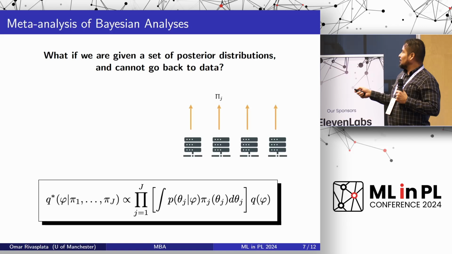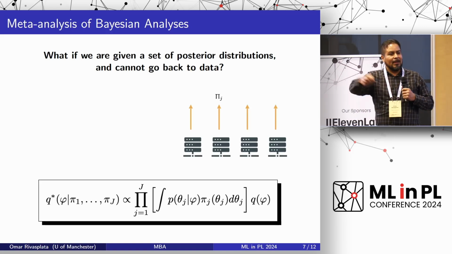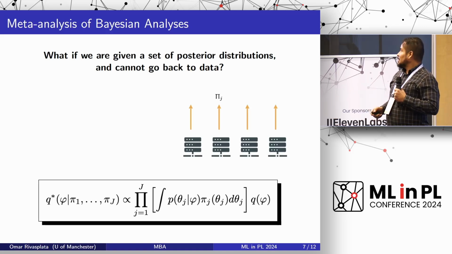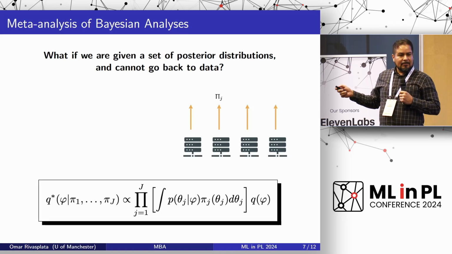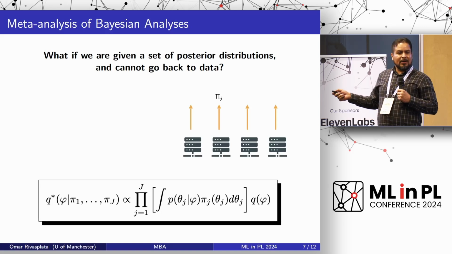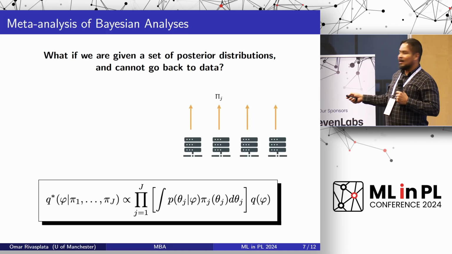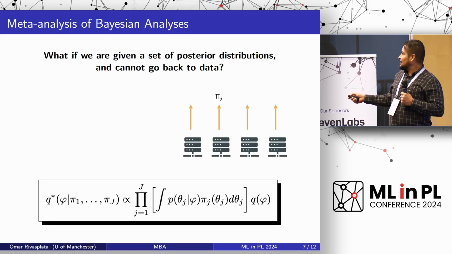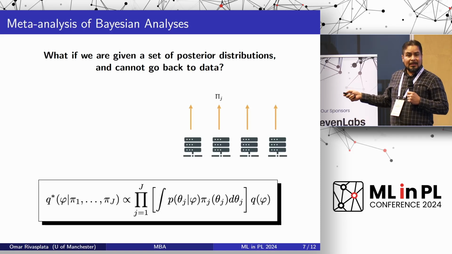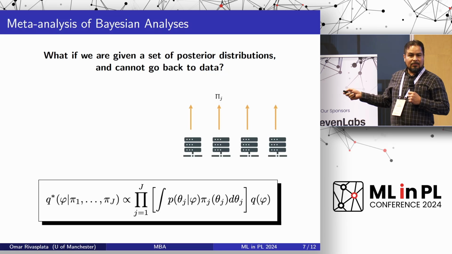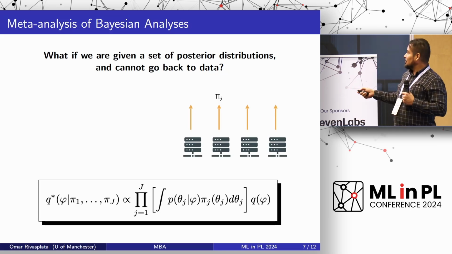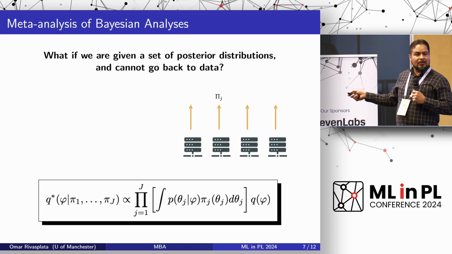There is no underlying model, though. I mean, there is no hierarchical model because we cannot go back all the way to observations. So there is that kind of question. But if we think that the outputs of each study are distributions, then I guess one kind of obvious way is we don't have access to the likelihoods anymore. We have access to these distributions. We could think about the expectations of those likelihoods with respect to those distributions. And if we use those as the factors to build an update rule, which I'm trying to convey, maybe it's natural to think that way,